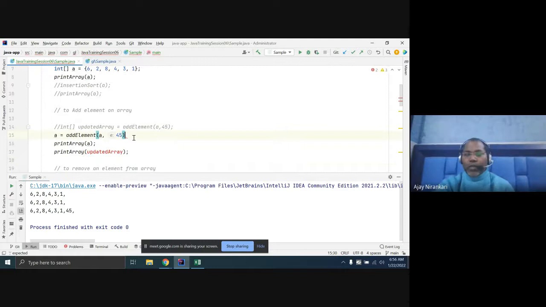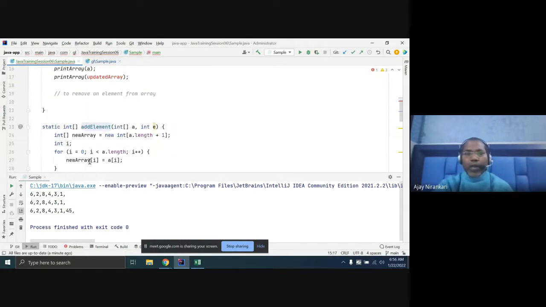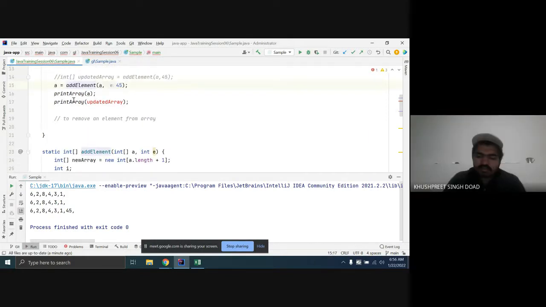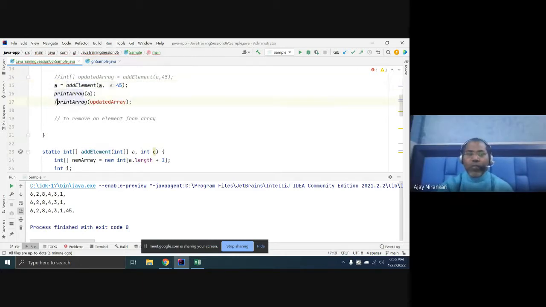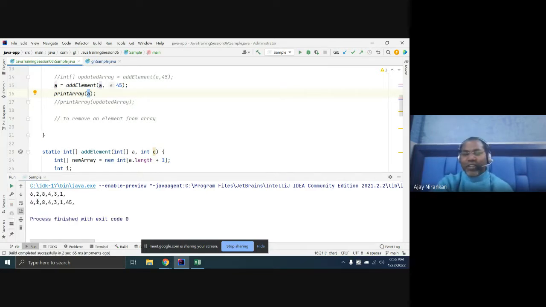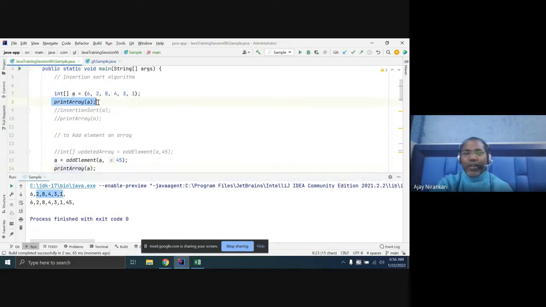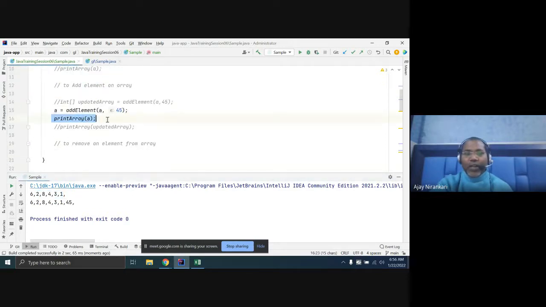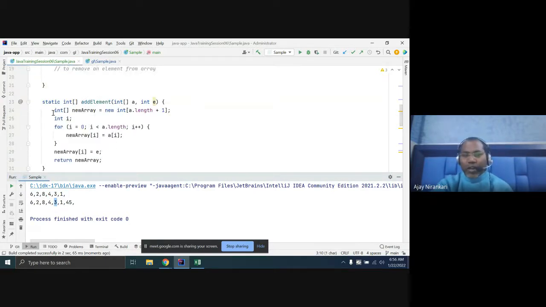So here what I'm saying is that I am going to change A. A initially points to this array. Now A is going to point to the new array that is returned by this method. So in this way, you figure your original array is also modified, but actually it's not happening. Here we print A, printing this element, again printing A, it's the new element. But you know the fact that internally you create a new array, add the element and return the new array.